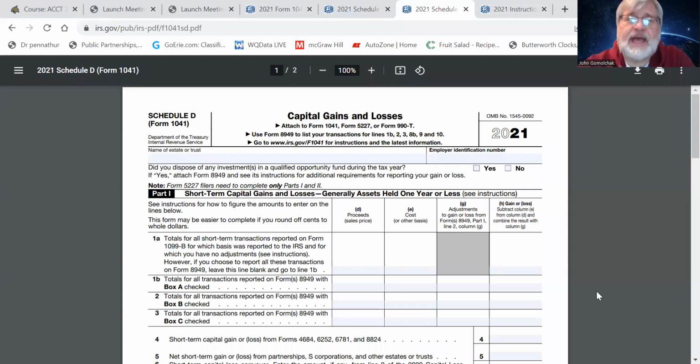We can either calculate the tax using that tax rate schedule that was right at the beginning of that section of the 1041 instructions, or we can calculate our tax on Schedule D. So let me go to Schedule D now. Let's see. Schedule D, share. All right, so you're looking at